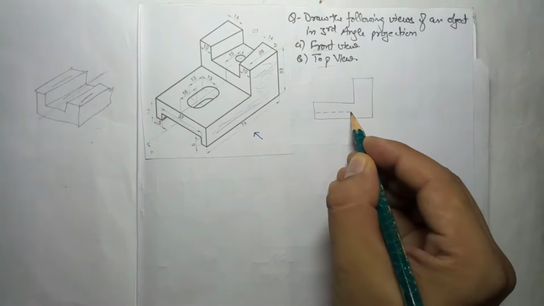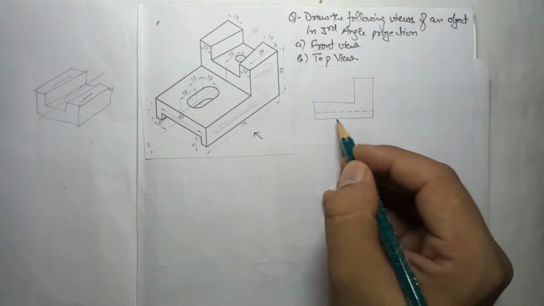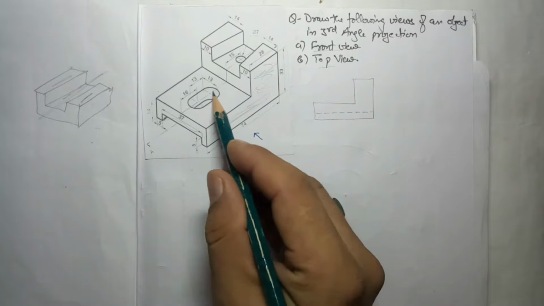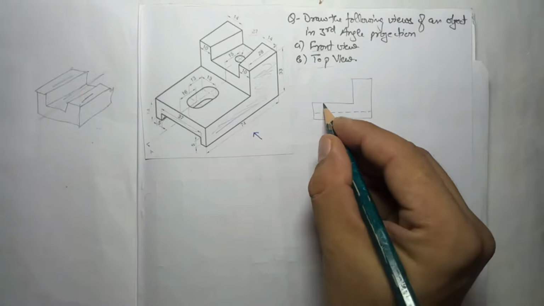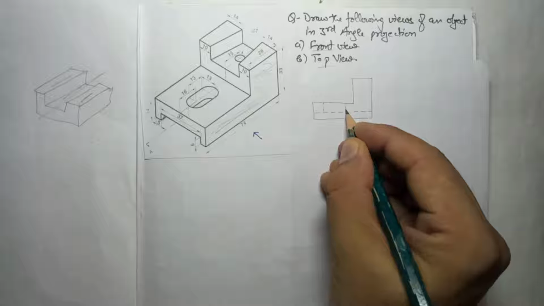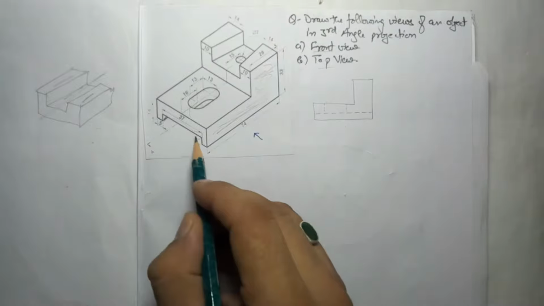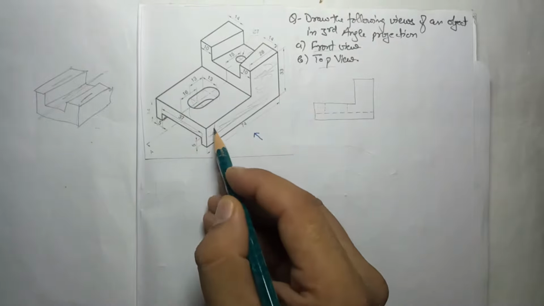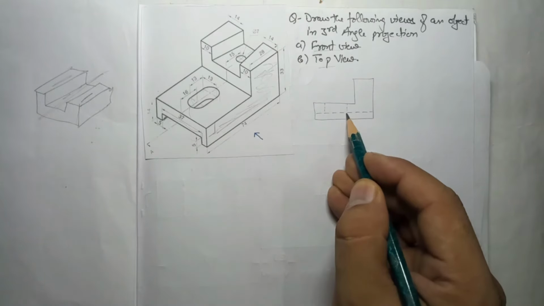I am making just a freehand sketch without dimensions. With dimensions we will see where this hidden line will come. Same, a circular groove is there. This is an elliptical groove from this side, so it will have one hidden line, a second hidden line. This hidden line will come up to this part only. Why? Because there is no surface here. This is a cavity, so this surface will be up to this width only, not the complete width. That is why I have drawn the hidden lines up to this part only.